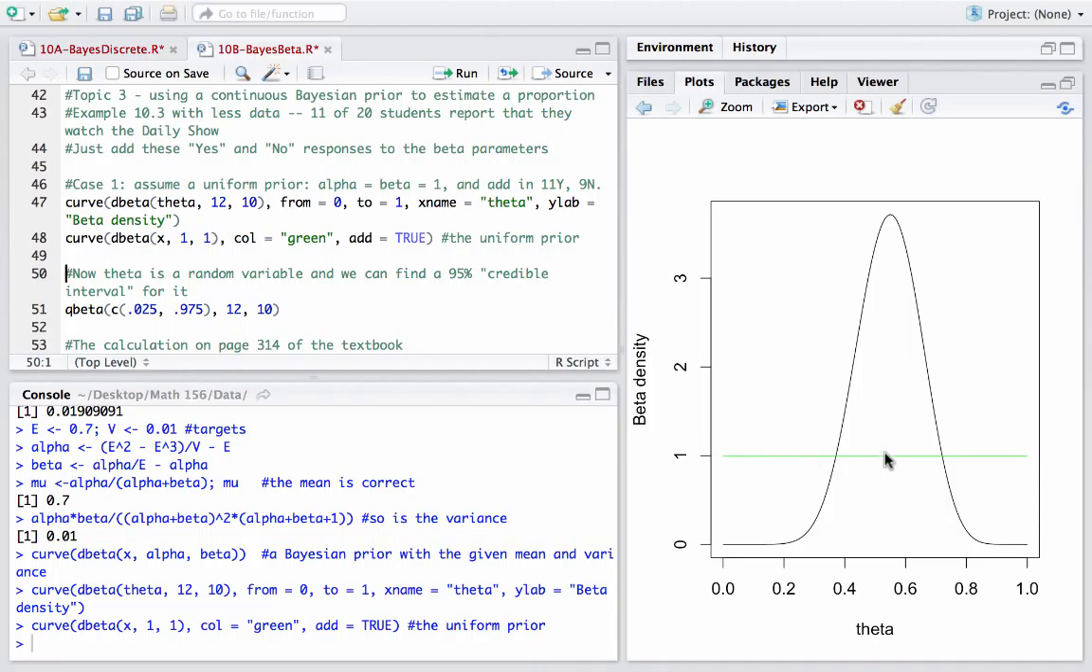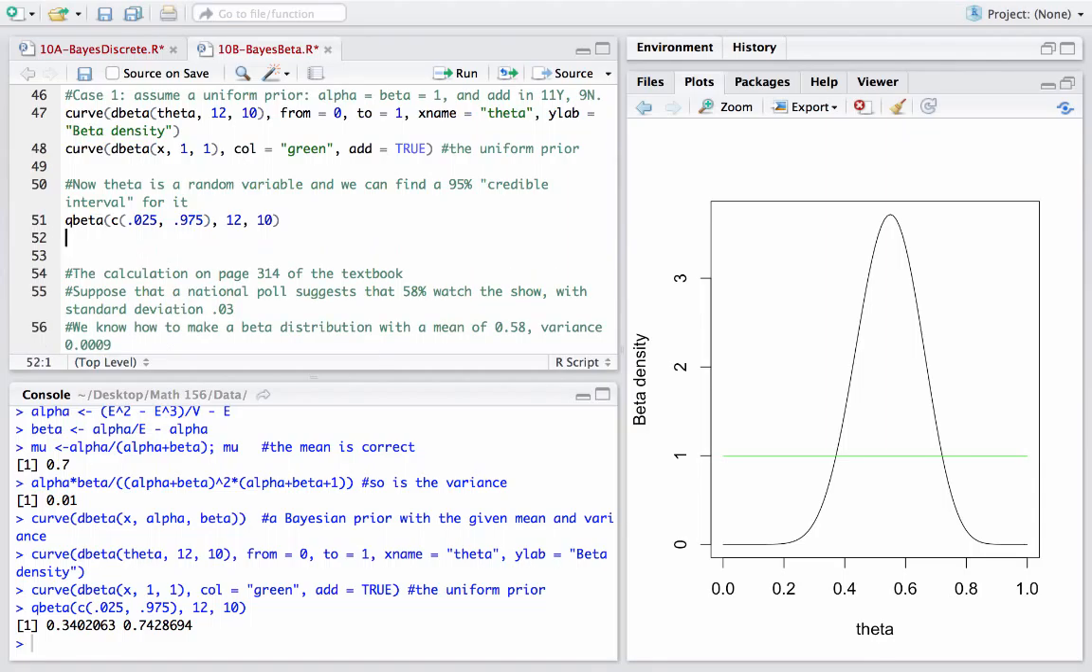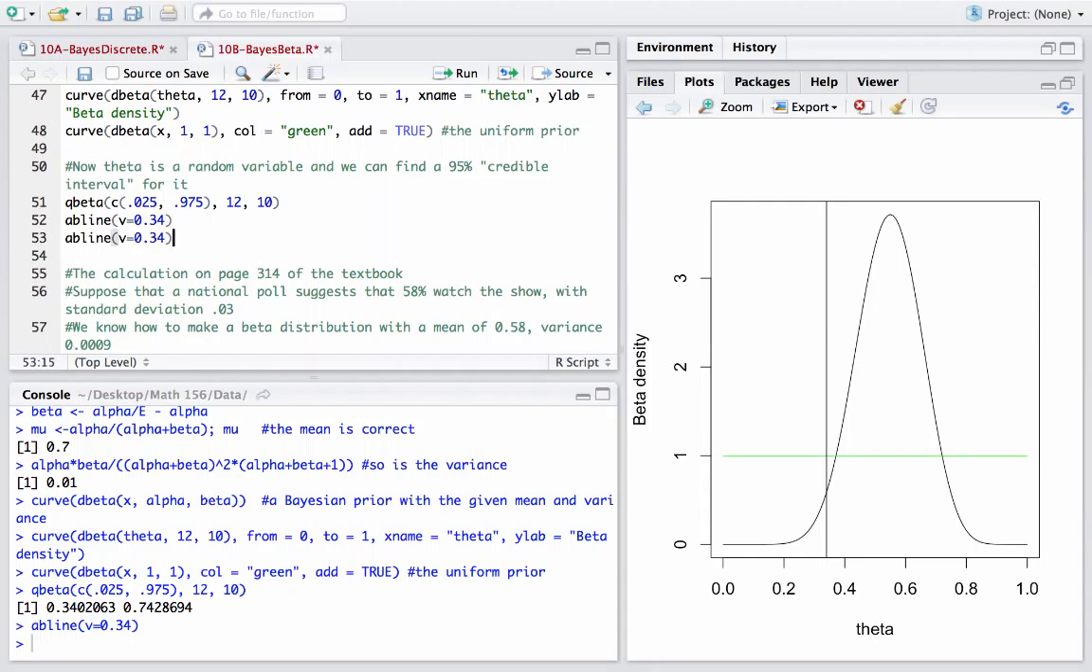So we've improved the estimate a great deal with our experiment. And then he uses the quantile function to get the 2.5% quantile and 97.5% quantile for a distribution with alpha 12, beta 10. And this is basically our credibility interval. It might be nice to go a step further here, and add